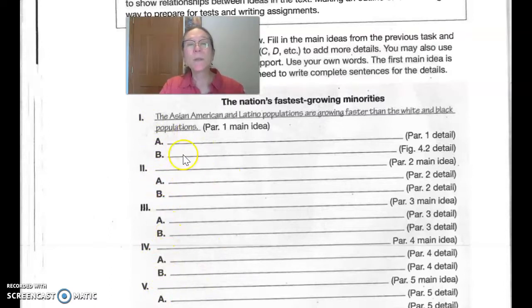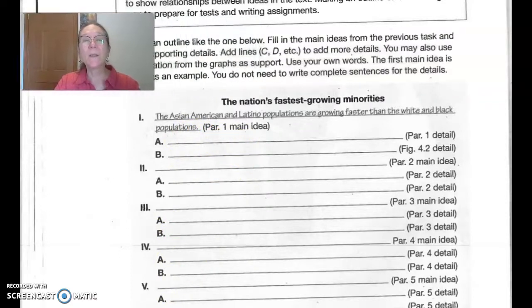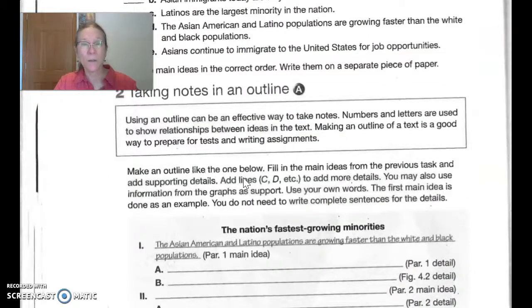And then what comes here are the details, and those will make up this outline. Here's the main idea and here's the support. Here's the second main idea and here's the support. If you want to go detailed, you can even put A, B, C, and D if there is a lot of support in a paragraph. And when you get all done with all of that, you have an outline of the article.